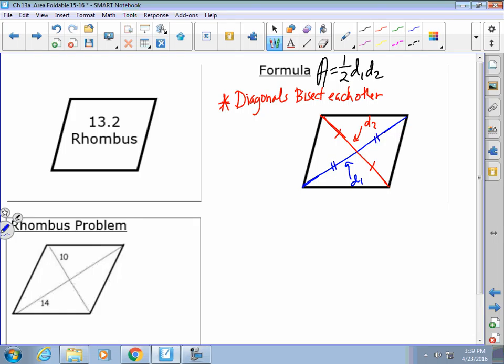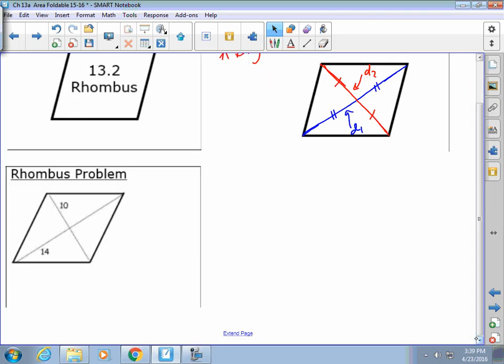And so when I take my formula, I might not get the whole diagonal. I might just get the part. So you have to do some addition to get the whole, because you're going to use the whole. Now, instead of 1/2 D1 D2, I could say diagonal 1 times diagonal 2 divided by 2. So if we truly understand this relationship, the first thing I asked of the class, and I'm going to ask you again, is let's start with, and I'll put it in red to keep with our association,